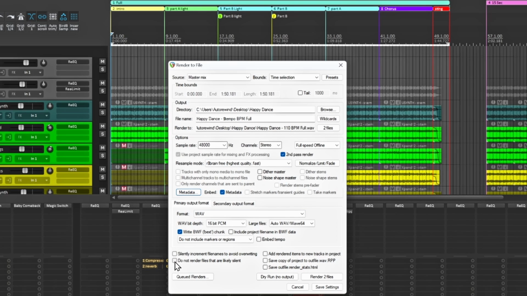And this one gives you an option to not render the files that are silent. So if you're doing stems, anything that's actually silent, like these tracks here that are silent, they won't actually go through the process. All right, so this save copy to project, this will give you an option to actually play this file